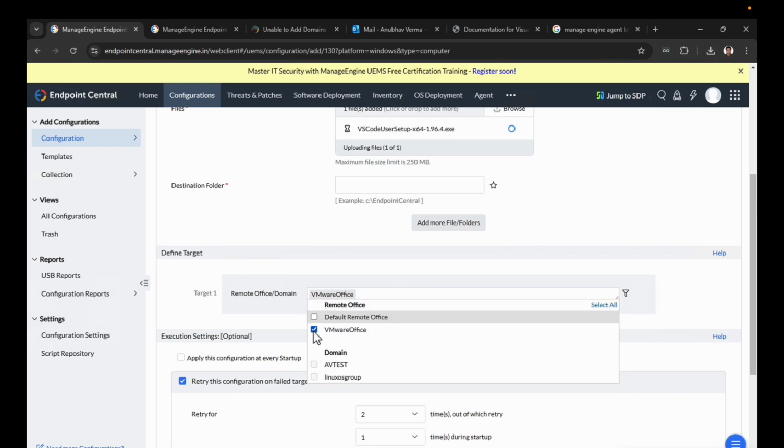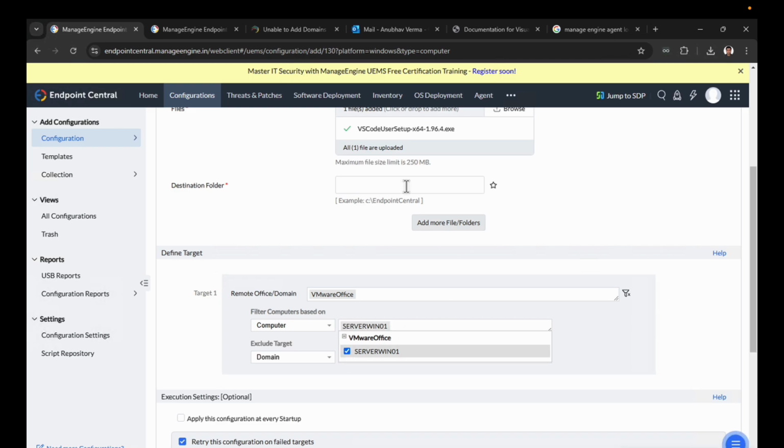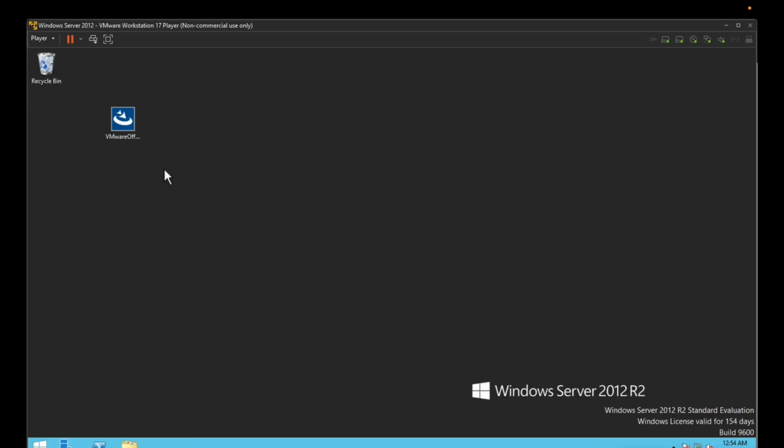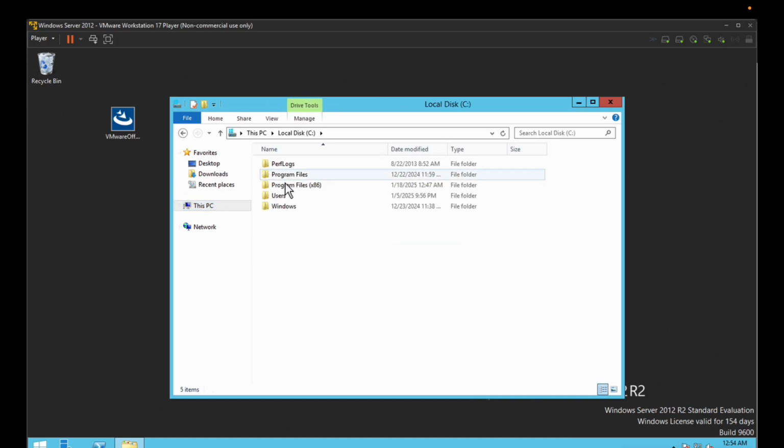this one, and then you can take a filter, computer name, and then you can type a name, server1. Okay, you can give a name where you want to put this file or copy this file, right, and then you can click on Deploy. Simple. So this file will actually go into this computer under the temp folder,